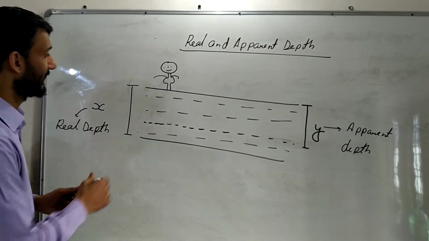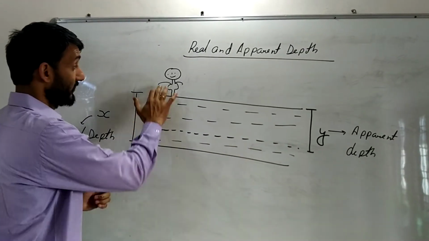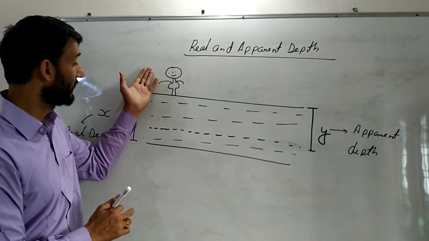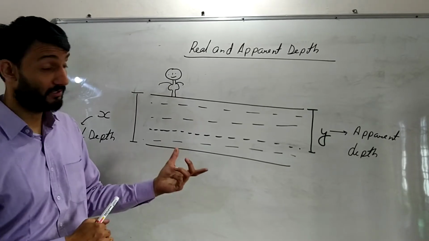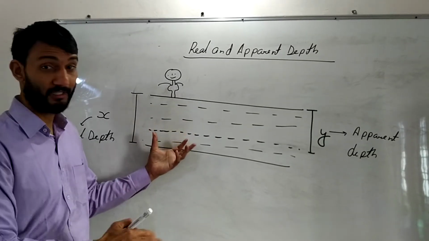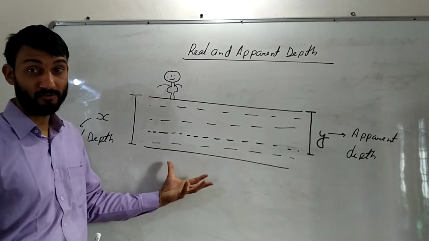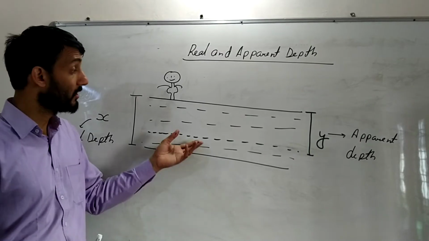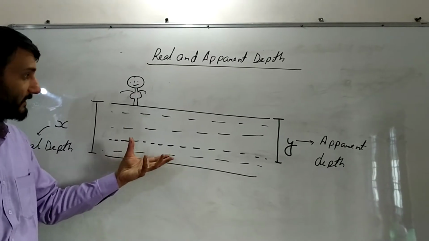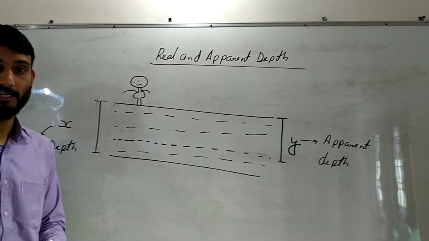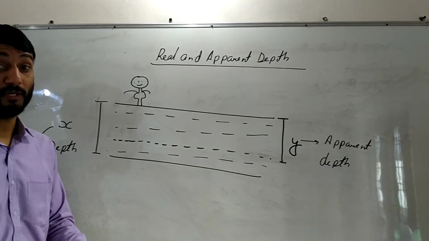Whenever you are standing alongside a swimming pool and you just peek into the pool, it seems to you that the pool is not that deep. But when you actually jump into it, you find out that the depth of the swimming pool, whatever it seemed to you when you were standing outside, is not actually the case. It is deeper as compared to what you thought.